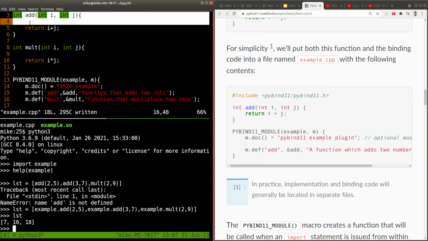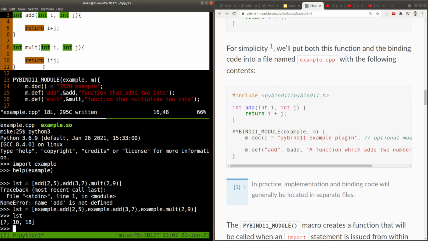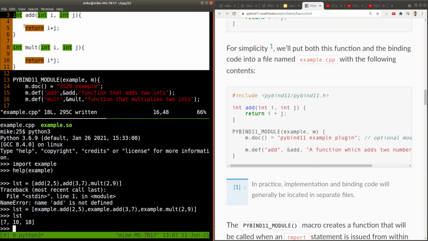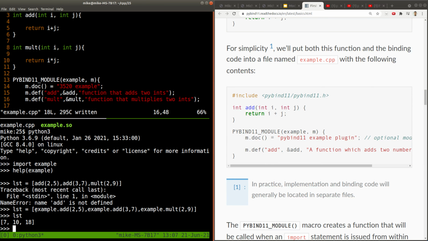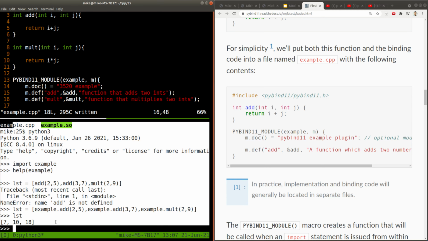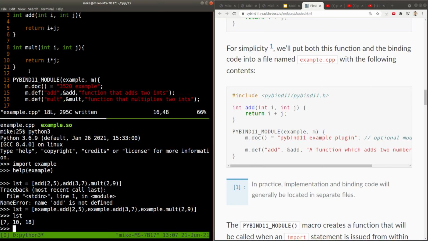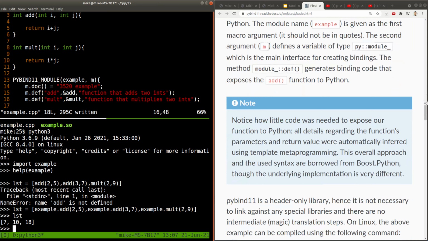So if I really like some of the code that you've written, perhaps in one of your assignments or one of the classes, like say the spline assignment, you could export out that spline as a module and then wrap it up and use it in Python 3. Okay, so that's the idea. This is creating a library. You can do this for classes as well.